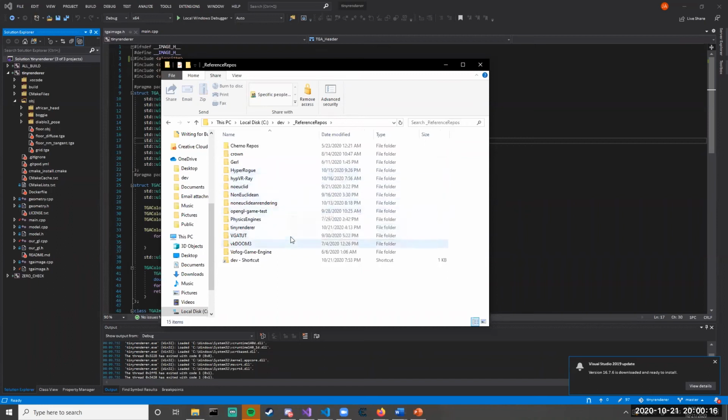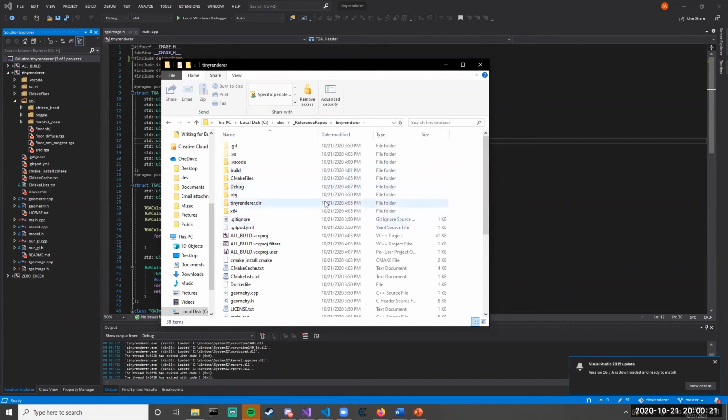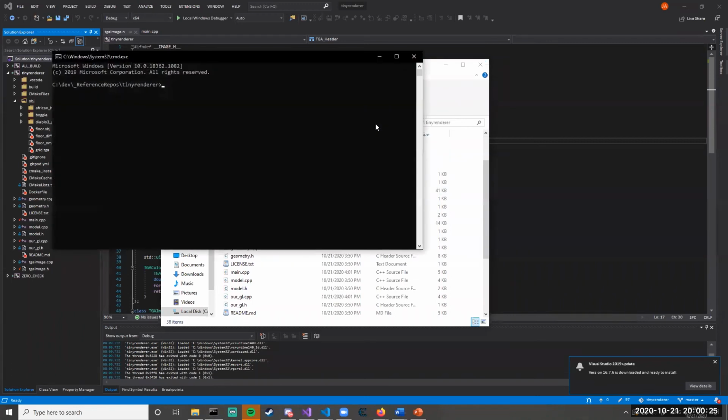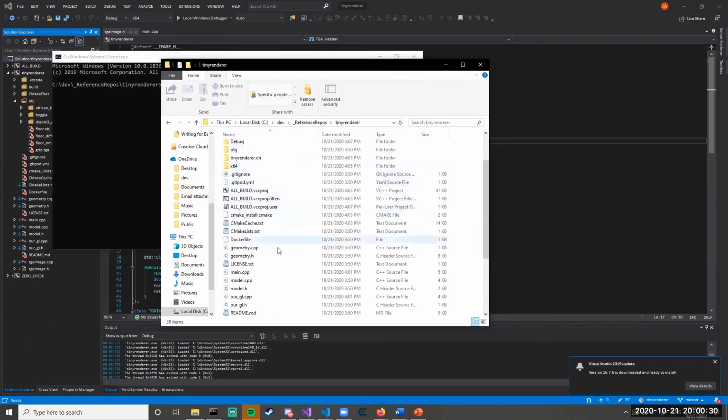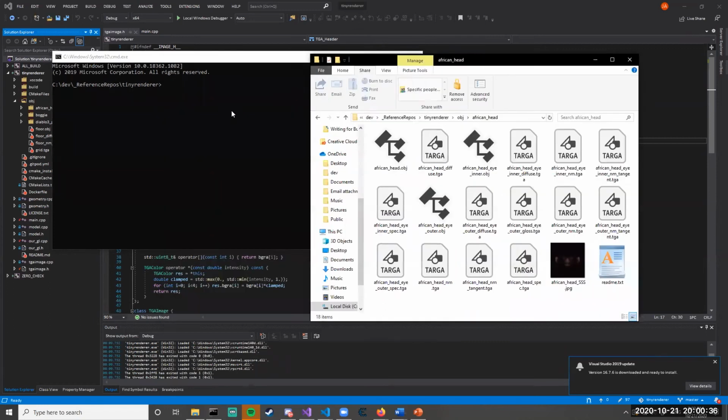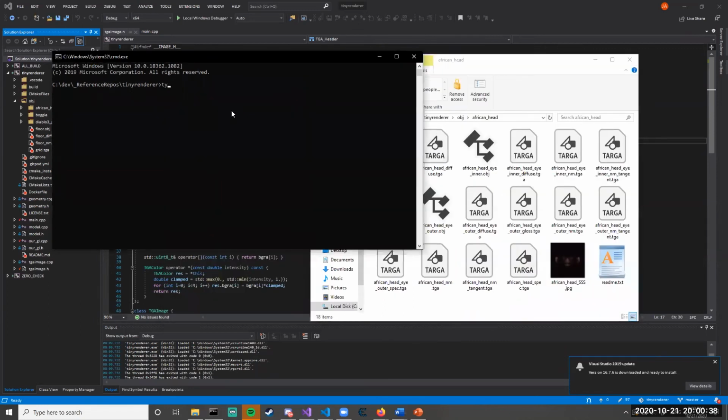Run it, where is this? Tiny renderer. Okay. You just run it. I have to have this here so that I know the folder. Okay, so obviously you have to build it first, but